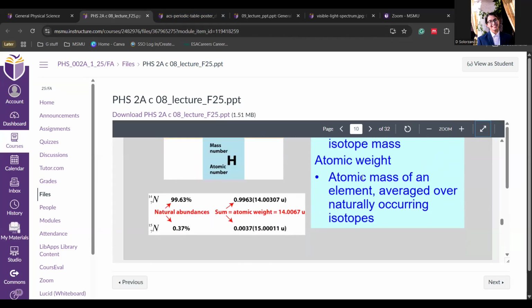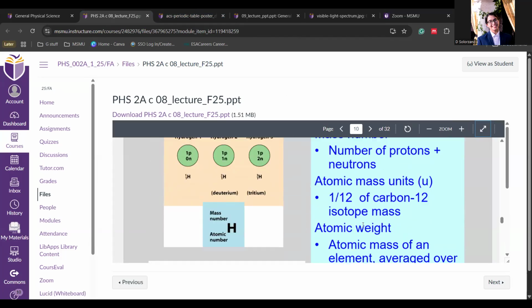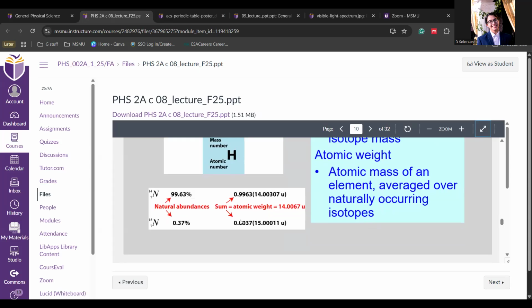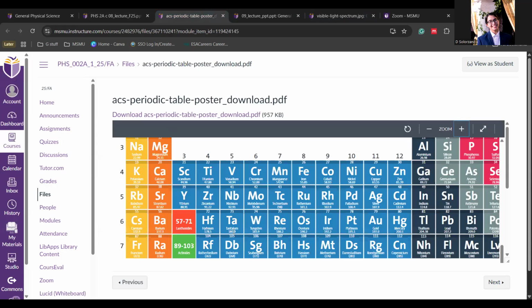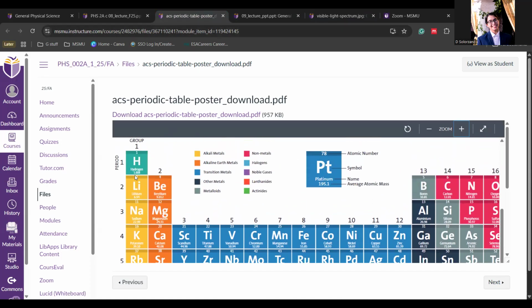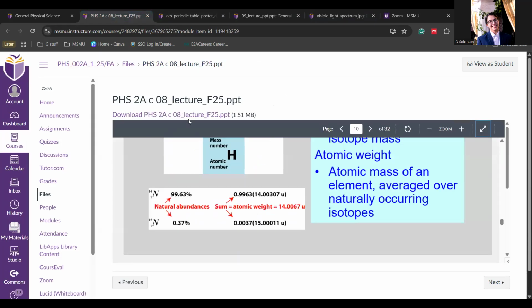The atomic weight is the average of the mass number of naturally occurring isotopes, which is where we get these kind of half fraction numbers here, because there's some that are like 50 and some that are 51, or one that's easier. For hydrogen, we have most of them that are like 1 because there's only one proton in there, and some will be like 2 because there's a proton and a neutron. But you don't really need to know that too much.